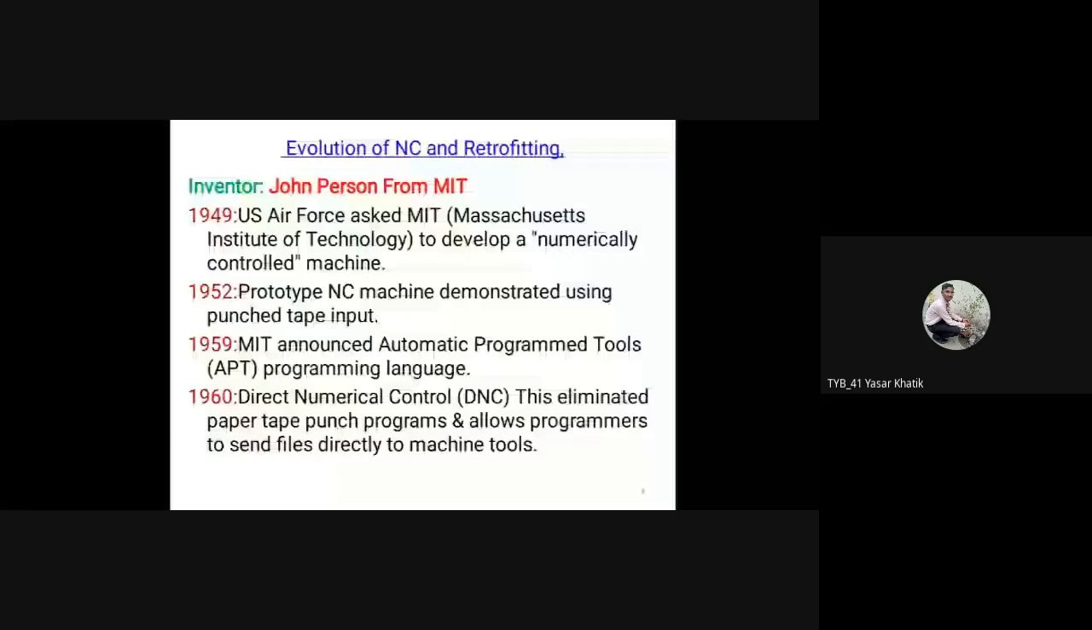ओके, एनसी मशीन ही कोणी इन्व्हेंट केली? जॉन पर्सन फ्रॉम MIT. MIT आपण ऑलरेडी हा शब्द ऐकला असेल लास्ट चॅप्टर मध्ये. Massachusetts Institute of Technology, okay, which is famous for automation. And 1949 एक US युनायटेड स्टेट्स एअरफोर्सने यांना विचारलं होतं की तुम्ही एखादी एनसी मशीन तयार करता का. ठीक आहे, त्यावेळेस त्यांनी फक्त विचारलं त्यांच्या एअरफोर्ससाठी. मग हे MIT इन्स्टिट्यूटने काय केलं, 1952 मध्ये एक छोटं प्रोटोटाईप एनसी मशीनचं डेमॉन्स्ट्रेशन घेतलं with the help of the